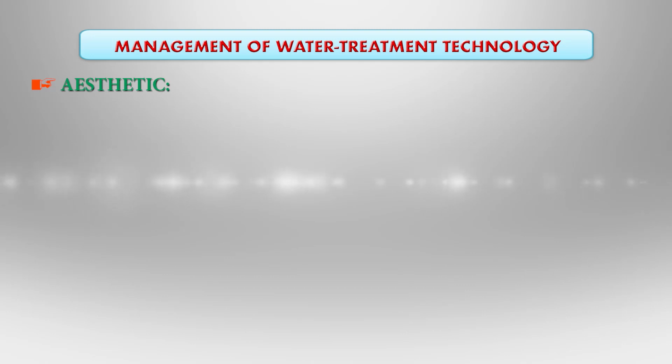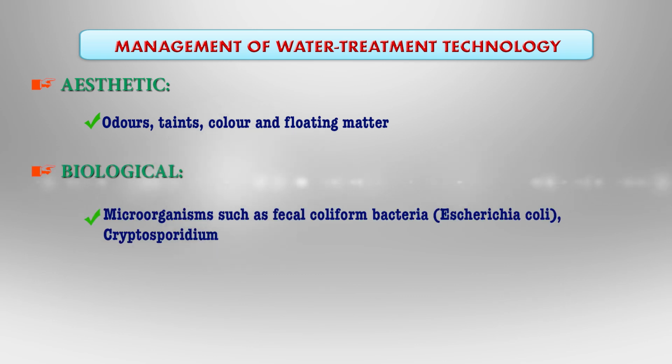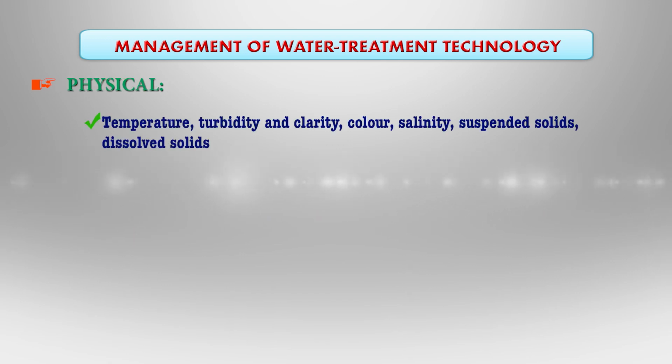Those indicators may be aesthetic, that is color, odor as well as floating matter, and then biological indicators, that may be types of microorganisms, whether it is fecal coliform bacteria or not, and also cryptosporidium, and also physical measurements like temperature, turbidity and clarity, color, salinity, suspended solid particles and